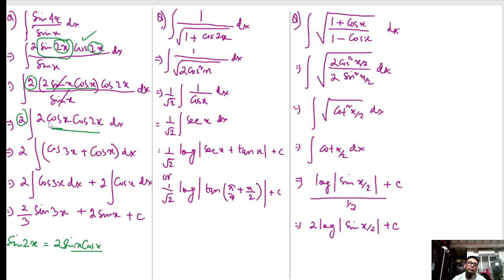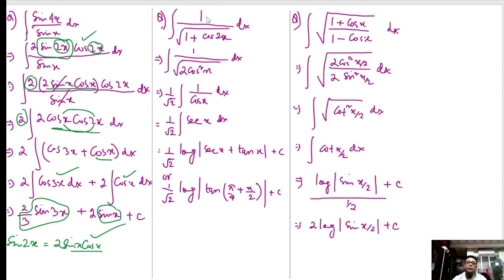So it is looking like 2 cos A cos B, which is cos(A plus B) plus cos(A minus B). And now separating the terms, cos 3x integrates to sine 3x by 3, cos x is sine x. So that is our answer. Next,